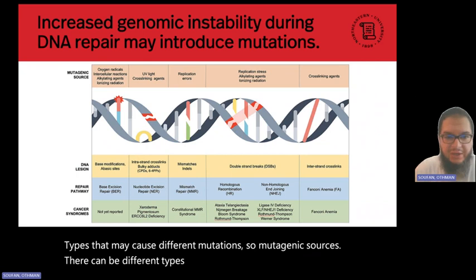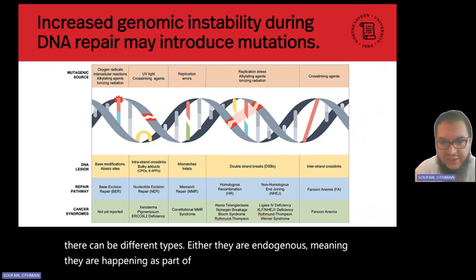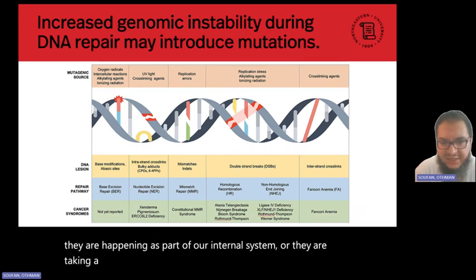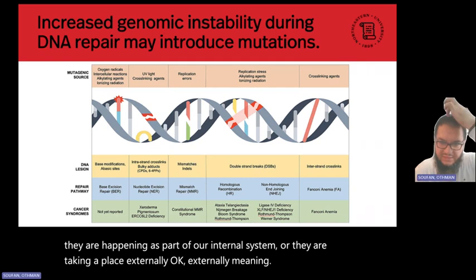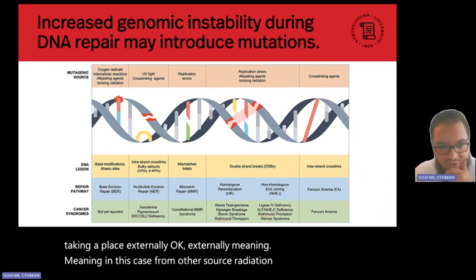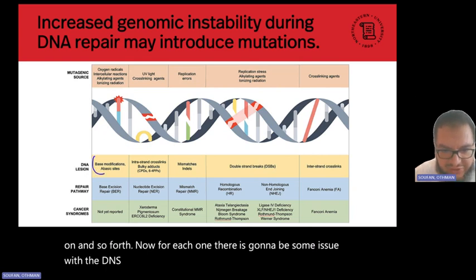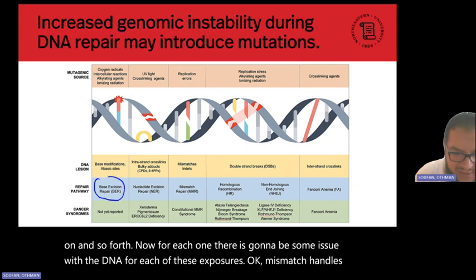Either they are indigenous, meaning they are happening as part of our internal system, or they are taking place externally, meaning in this case from other sources, radiation exposure, and so on and so forth. Now, for each one, there is going to be some issue with the DNA for each of these exposures, okay, mismatches, indels, and then there's going to be a repair mechanism,